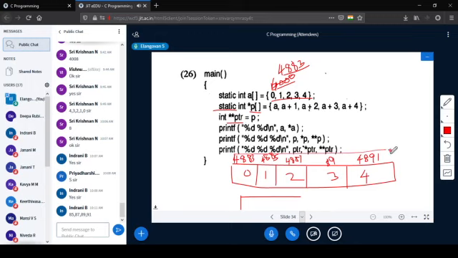Let me draw a box here. This is A and this is P. I'm sorry. So this is P, and here there is another thing called PTR.